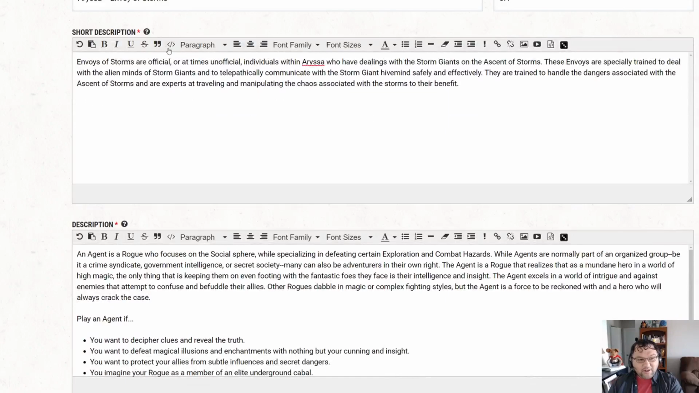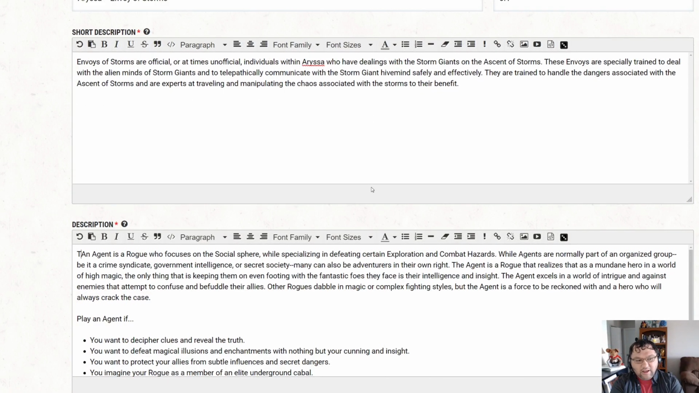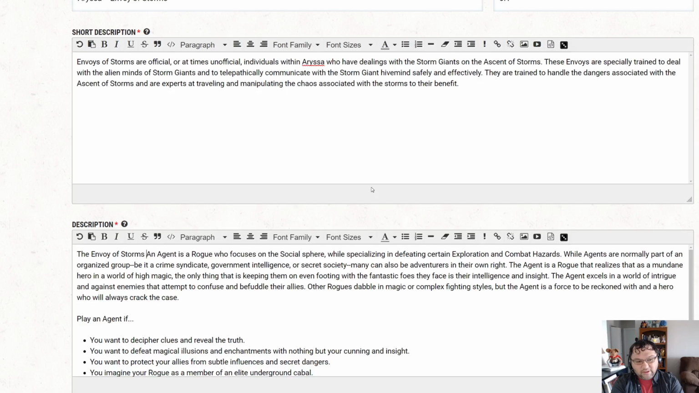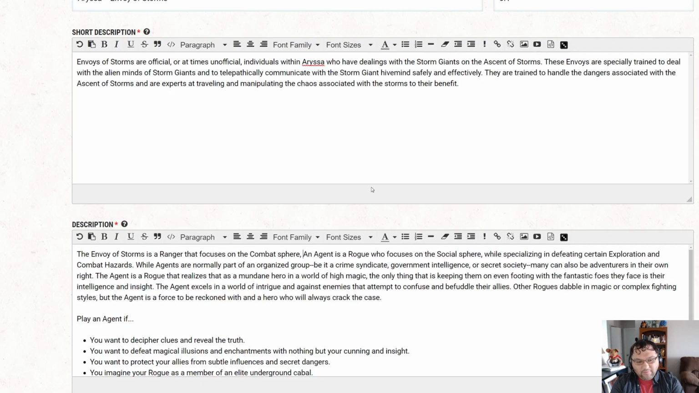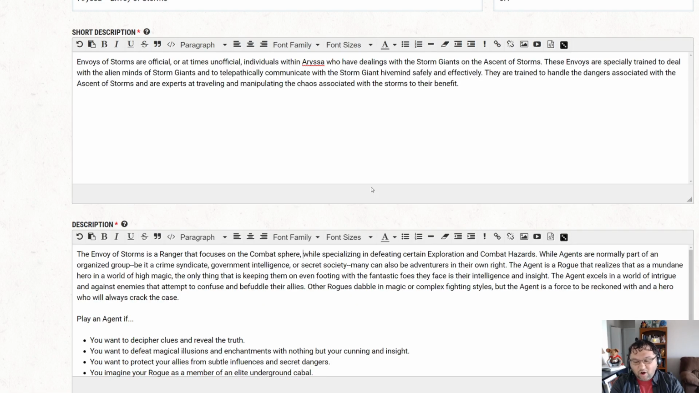Down here, the description is a little bit longer. The Envoy of Storms is a ranger that focuses on the combat sphere. Again, this is all templating. I may have missed it, done it wrong on some of the other subclasses, and see, we said spheres, it should be pillar. I like the idea of those 3 pillars of adventure, and I think it should help, especially for someone like me who's not a professional designer. It helps me think, okay, your subclass is good at this, but they should be able to contribute to the